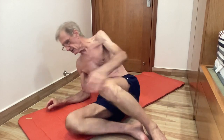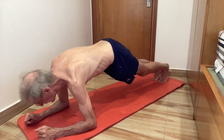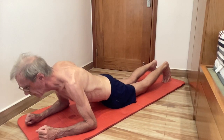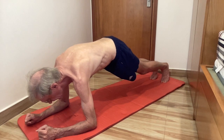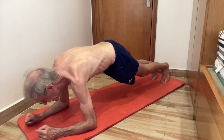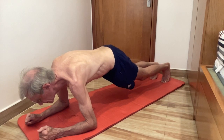Now, plank basically is lying on your stomach, on your forearms, and lifting your whole body off the ground. Of course, if you cannot, you can rest it down or just lift it up as far as you can. But the correct way is your butt in the air, shoulders rotated, or your back, and then stand here, or lie here for as long as you can. We do this regularly in my boxing class, and we normally only go to a minute,